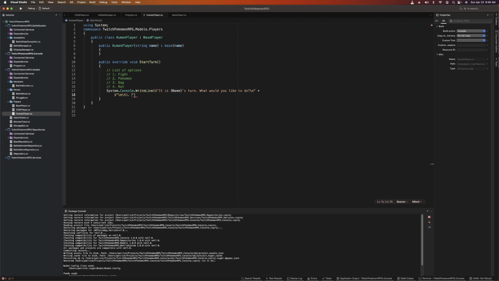And then we'll give the options. One is fight. Pokemon. Bag. And then our last one is run. Run isn't an option in a regular battle, but against wild Pokemon, it is an option. So here's the options. Then we want to